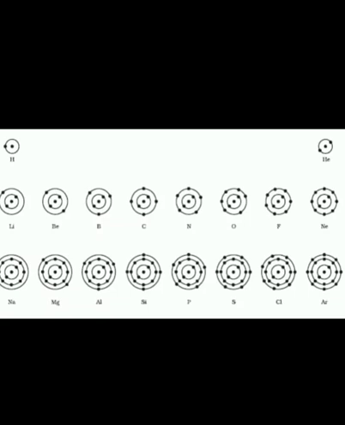Like this, lithium. See here, lithium atomic number 3. The K cell has a capacity of 2, and after that it will jump to the next cell, the L cell, which is equal to 1. That means 2 plus 1, 3. So the electronic configuration of lithium is 2, 1. Like this, beryllium's atomic number is equal to how much? That is equal to 4. So the protons equal 4, the neutrons equal 5 and the electrons also 4. The K cell has 2 electrons and the L cell has 2 electrons, and the electronic configuration is 2 and 2.